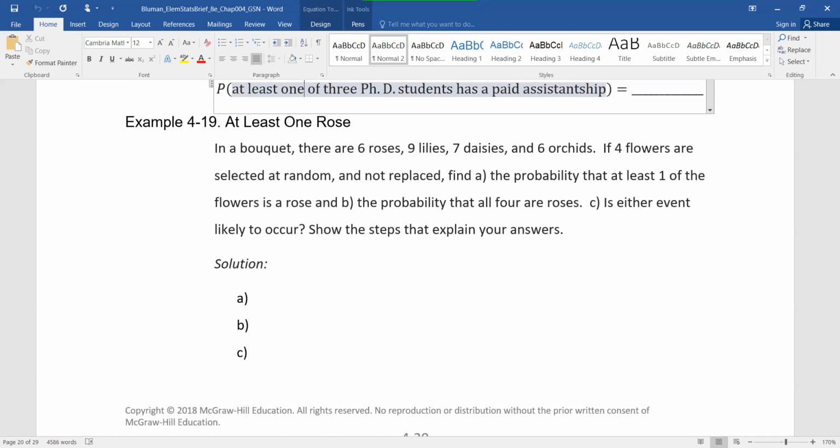All right, so let's look at A. The first one is the probability of at least one being a flower, and we're selecting 4 flowers. So again, we could calculate getting 1 rose, getting 2 roses, getting 3 roses, getting 4 roses, adding those 4 answers up, or I could just do the